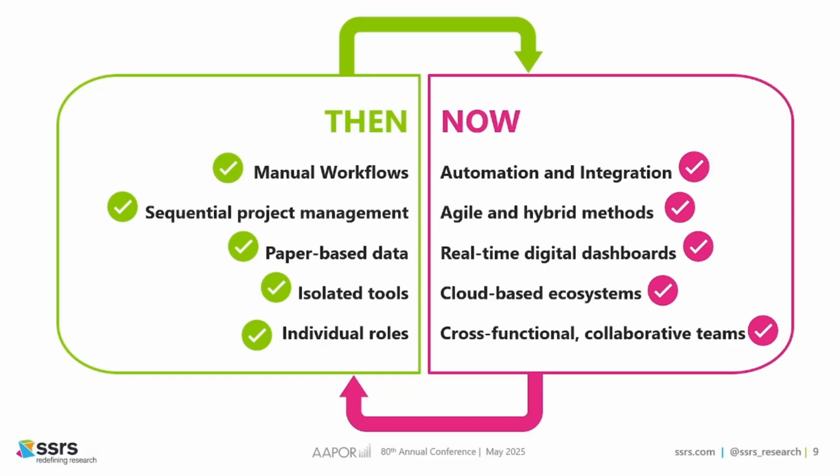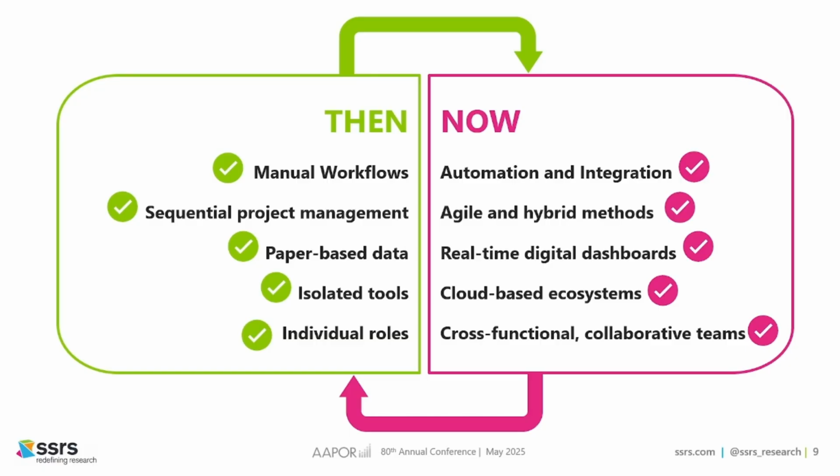So when I was looking at it then versus now, before we were dealing with manual workflows, and now there's a lot of automation and integration. It's not perfect because we still do have a lot of sequential project management, but today we're much more agile and have a lot of hybrid methods. Again, we still have some paper-based data, but we have a lot of real-time digital dashboards